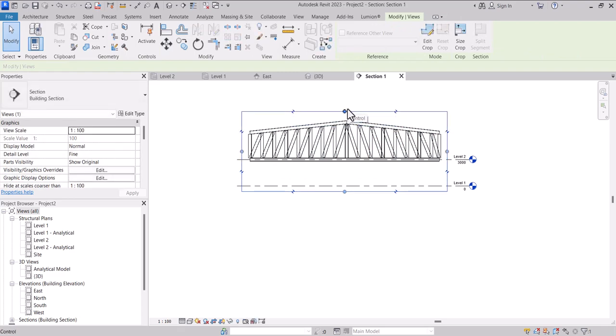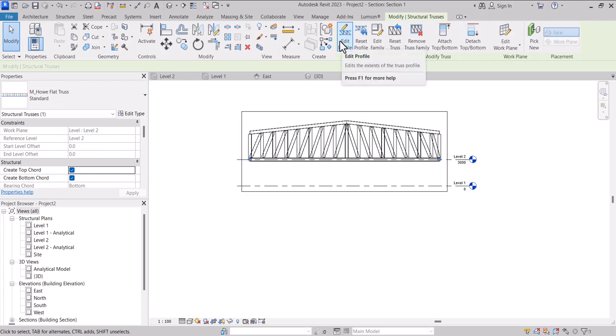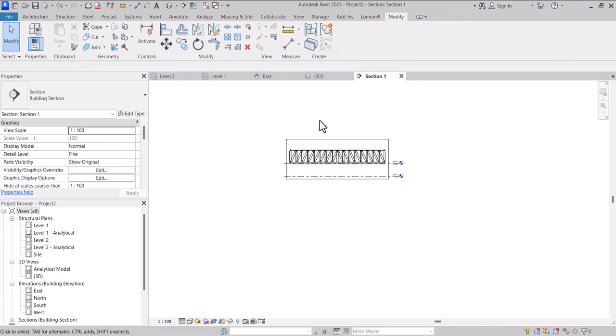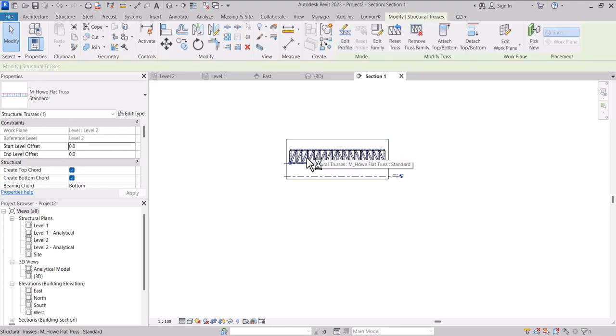So this is another way of creating any type of truss that you want, by clicking on the truss and coming to edit profile. You can also do reset here, and this changes it back to the previous one, or the default standard Howe truss that we are having. Okay, so the next thing that we are going to do is to try and get as many trusses